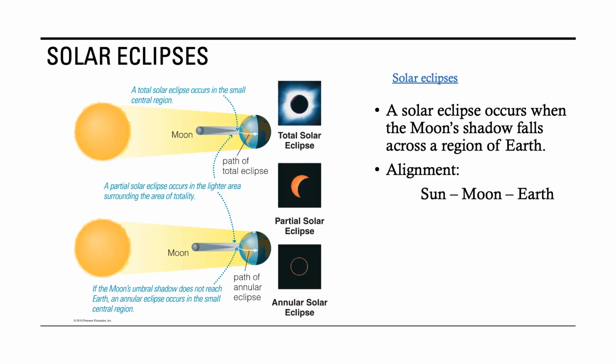As a result, it is possible to pass through the umbral shadow as we do here, but it's also possible to pass through part of the umbral shadow after these two rays converge at this point. You can see where my mouse is on the screen, how it's touching the tip of this cone shape. But beyond that cone, the lines crisscross and there's another umbral shadow. In this part of the shadow,